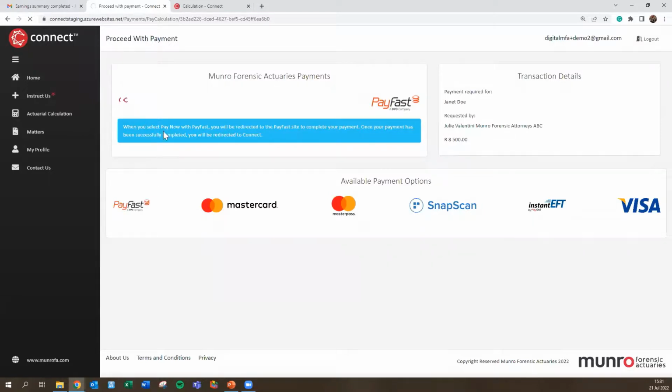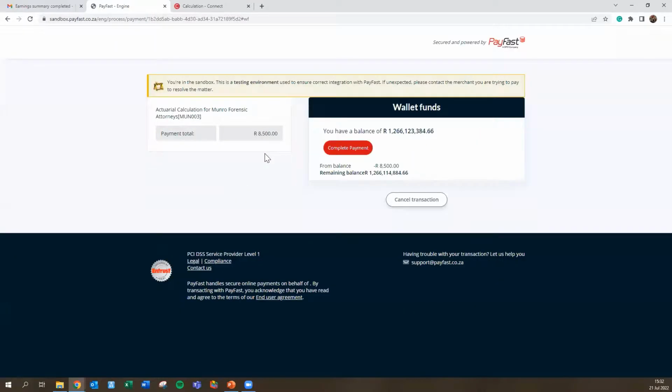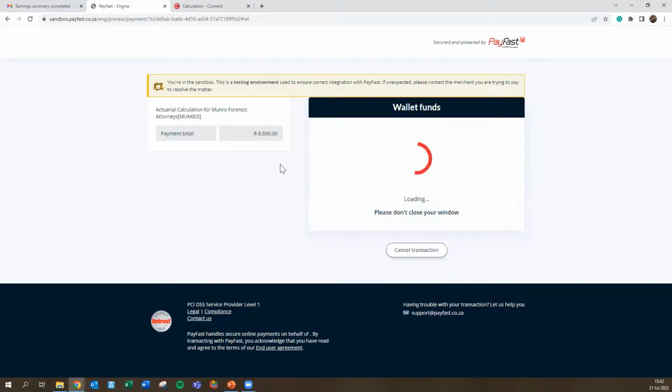Seems to be stuck talking to PayFast. It usually goes to this next screen a bit quicker than that. But this is a testing environment. So it's not the real PayFast. We do have a testing sandbox environment where we can pay from. Okay, it seems to be stuck. There we go. Okay, so basically I'm just going to say complete payments, but it will look different on your